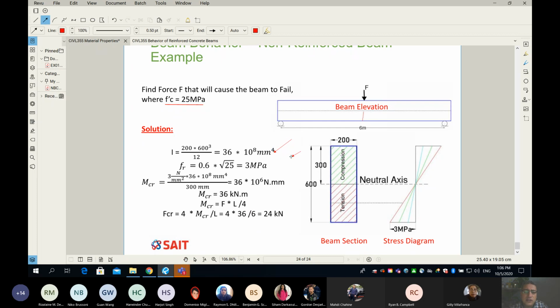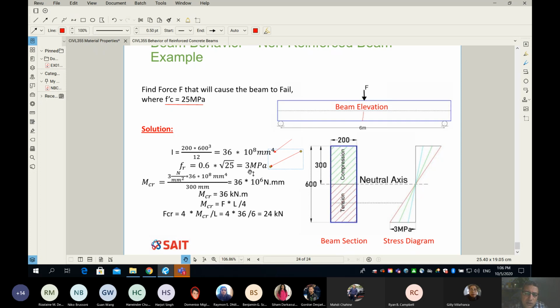Number two, you need to find your modulus of rupture, which is connected to your concrete compressive strength, where lambda is equal to 1. Very simple. So if concrete in compression takes 25,